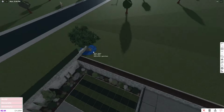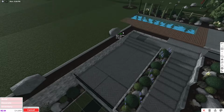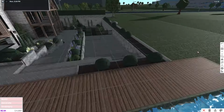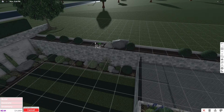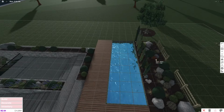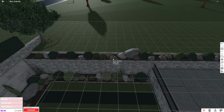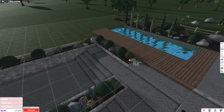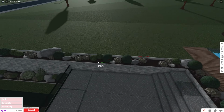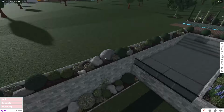Anyways, maybe I should talk about what I'm doing in the build. Really, it isn't anything special. I've been just filling up all of the empty planters, they're kind of like custom planters, and there were a lot of them. That's what I really like about this backyard, is just how split level it is. I like how each area is private in a way, separated, and you can kind of feel which areas are for relaxing, which are for entertaining and socializing. I feel like I did a pretty good job with the layout,